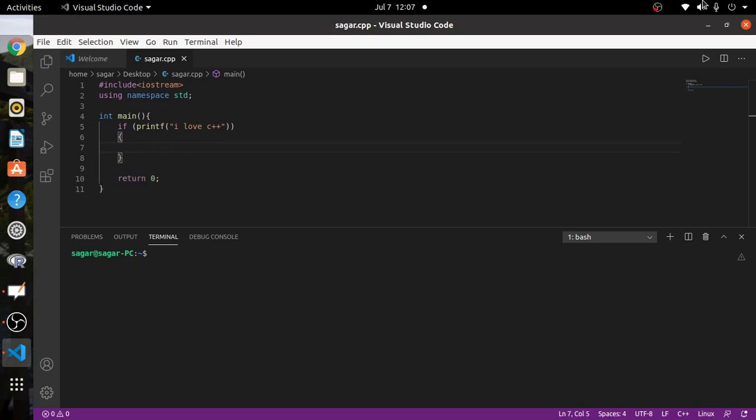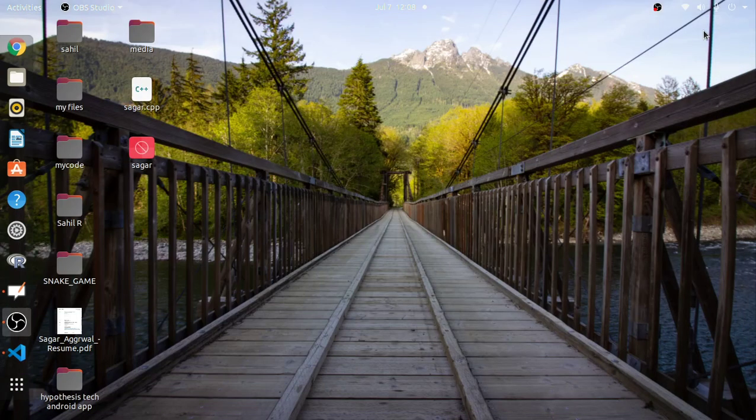I'm just saving it and running it. You can see that I love C++ is printed on my console and I have not used any semicolon. So this is how we can print anything on our console without using the terminator operator.